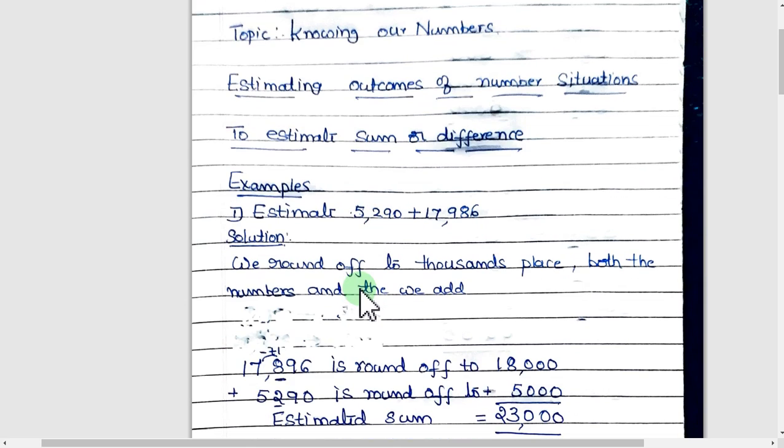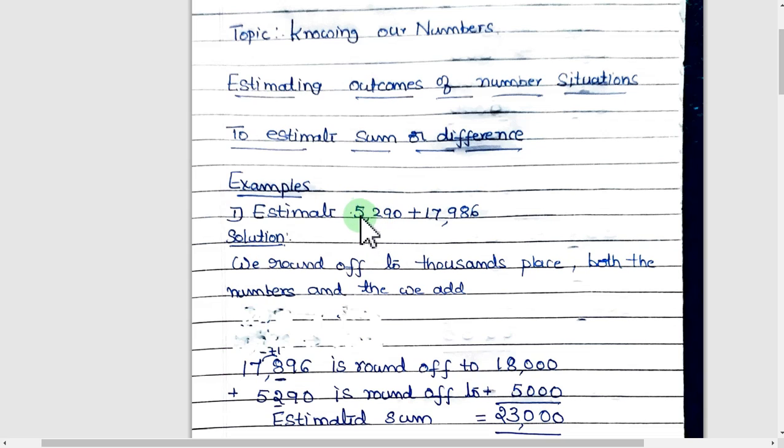Example: estimate 5290 plus 17,986. We have to add this number by estimating the numbers. In the last class we have learned estimation of numbers. So